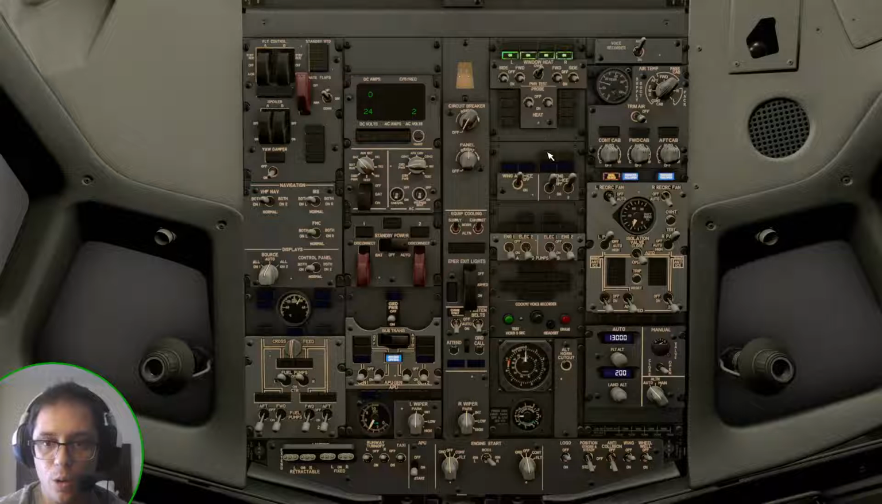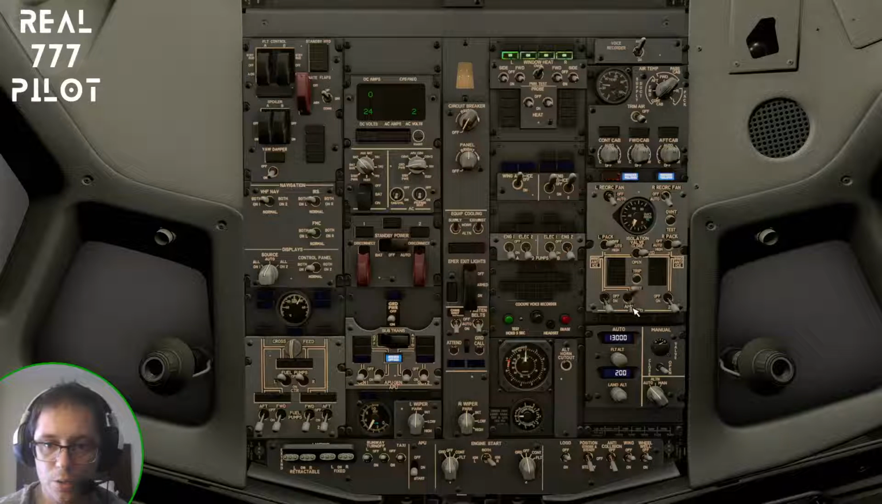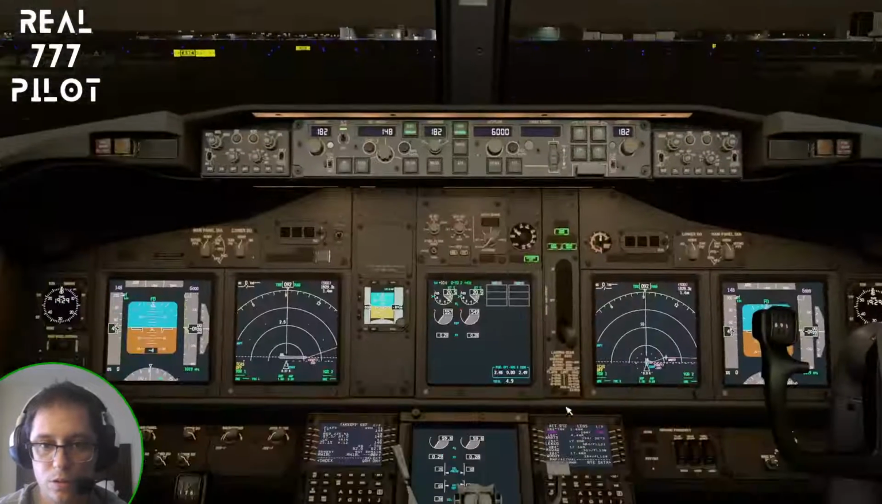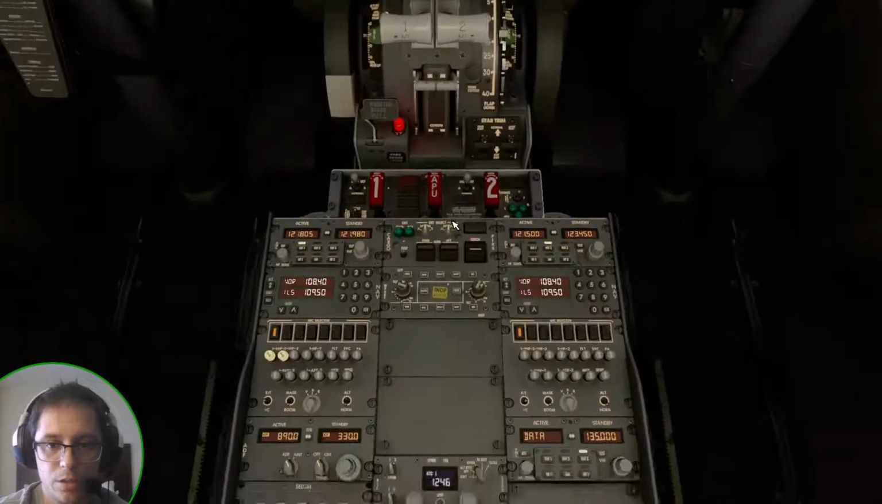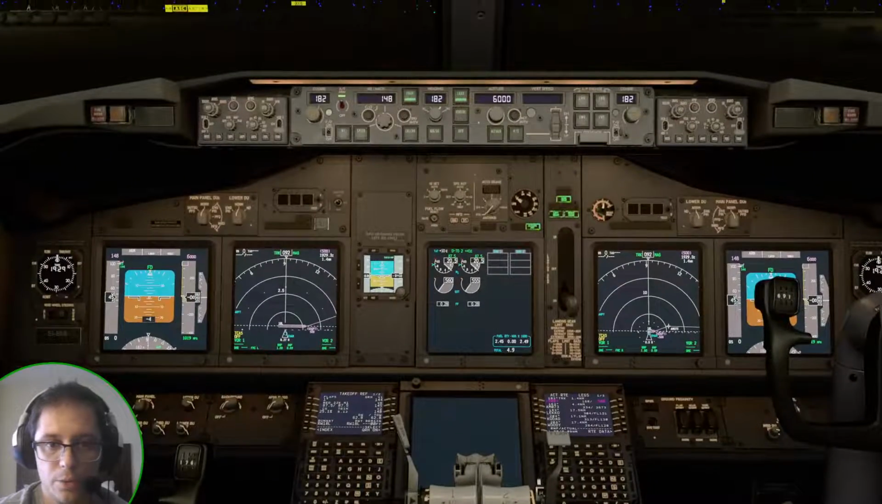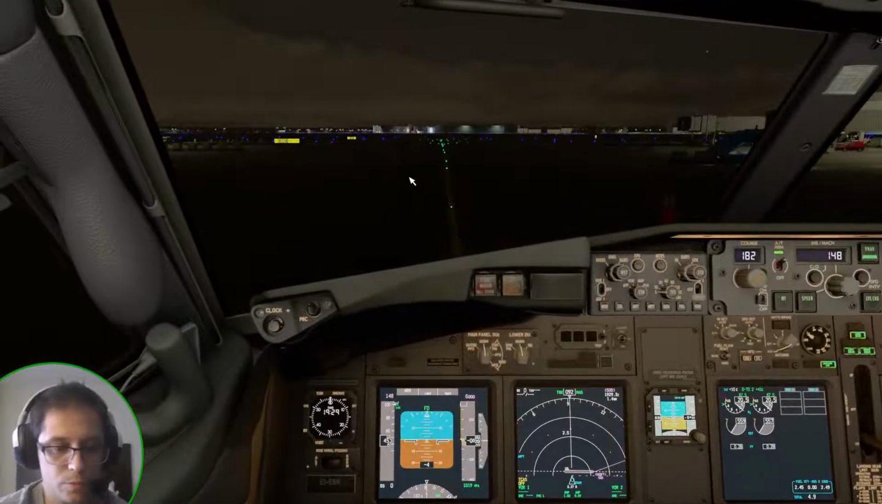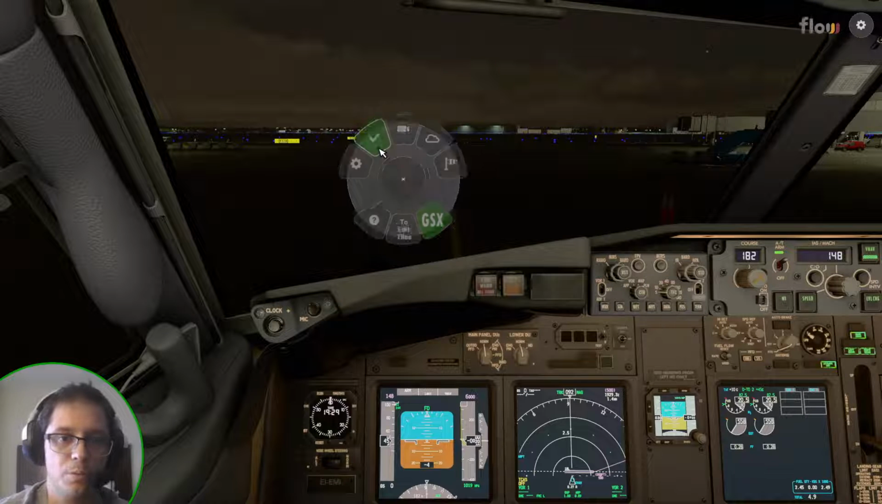Probe heat on, PAX auto, isolation valve auto, APU bleed off, APU off, engine start switch continuous, recall, engine parameters, and we are pretty much ready. So we can do before